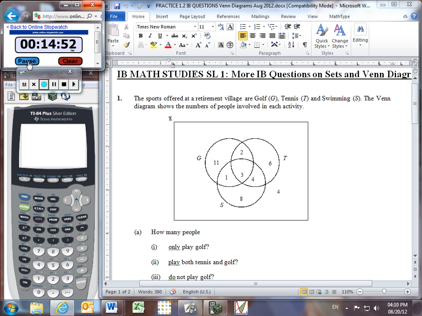Okay, so we'll look at a few past paper IB questions on sets, focusing more on Venn diagrams this time. Number 1, the sports offered at a retirement village are golf, tennis and swimming. The Venn diagram shows the numbers of people involved in each activity, and so we can see we've got our